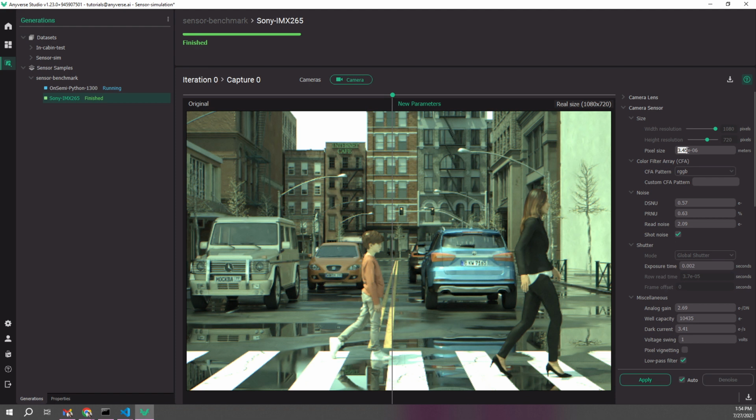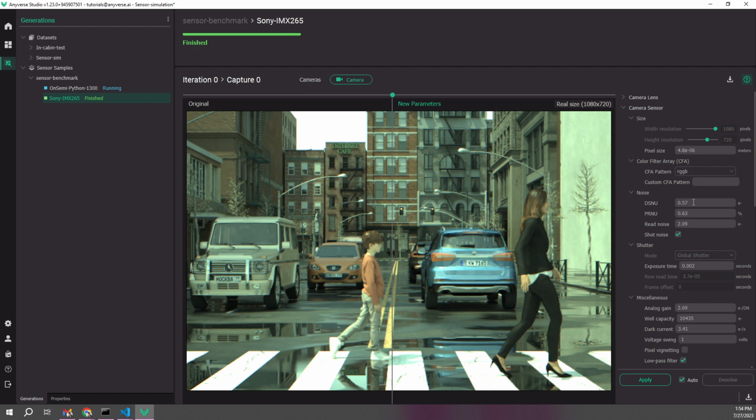The pixel size is, instead of 3.45, 4.8. The color filter array will be the same. The noise,